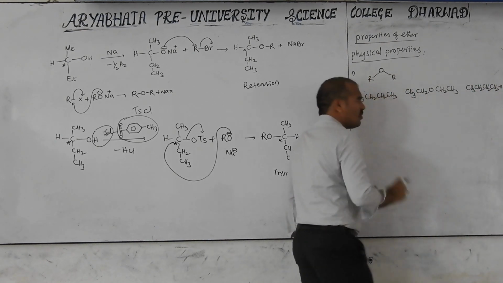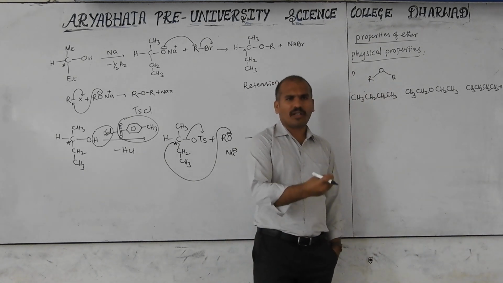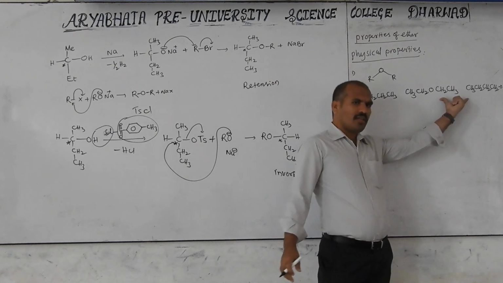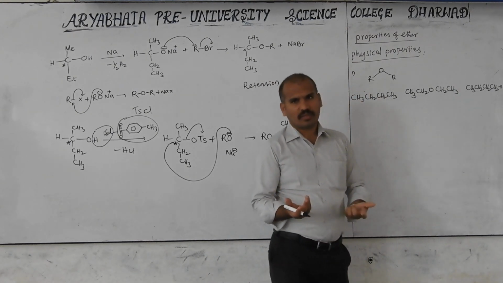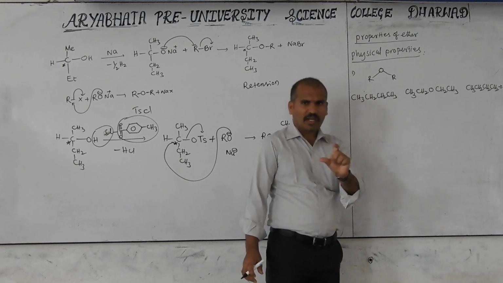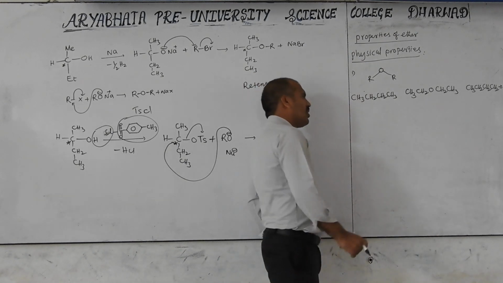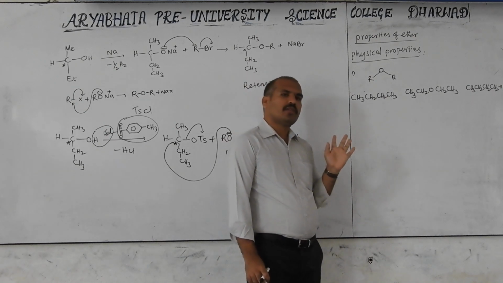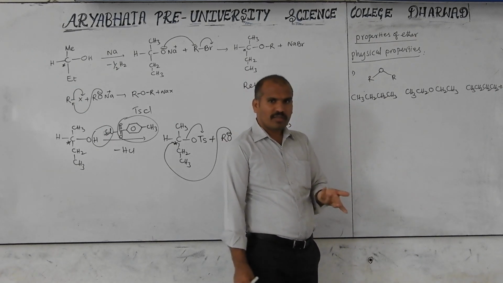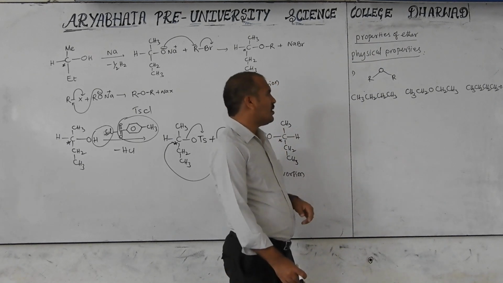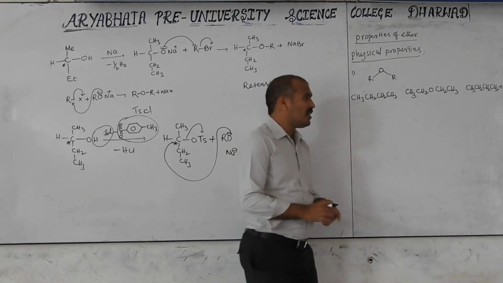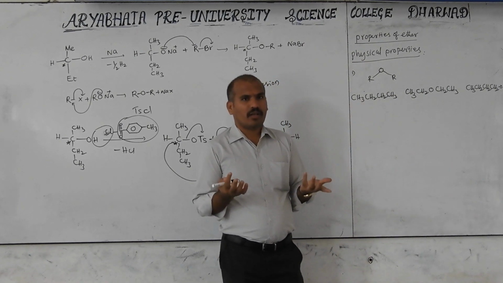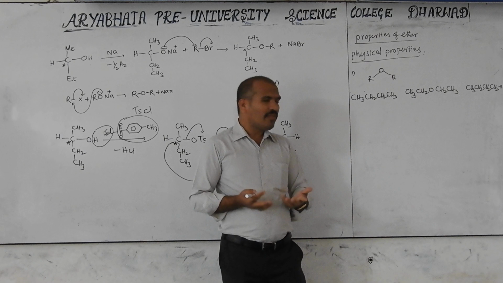Next, CH3CH2CH2CH2OH. This is butanol. All have the same number of carbons and the molecular weight has a little small difference, but they are functional isomers, so near molecular weight. When near molecular weight, their boiling points depend on which one? Hydrogen bonding, polar nature, and branching, and sometimes van der Waals forces also. So keep in mind always which is the dominating factor. Sometimes deciding the factor may be difficult for you.